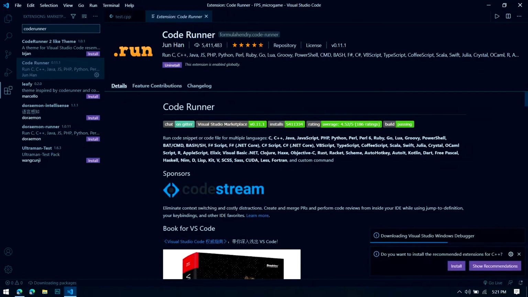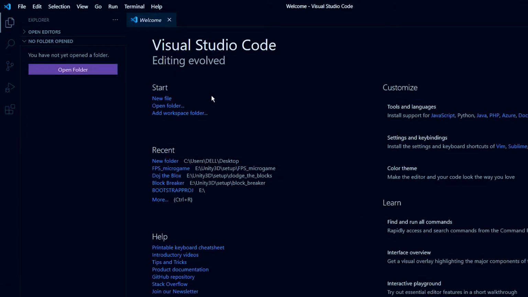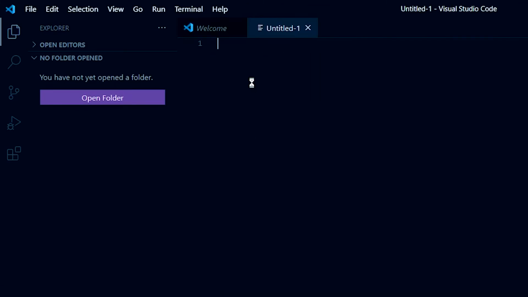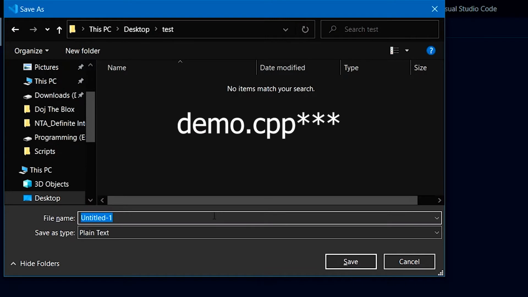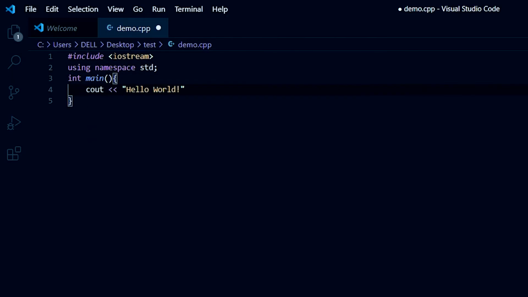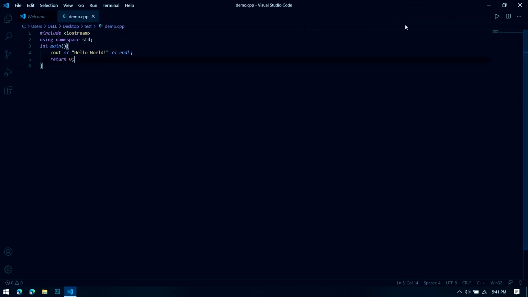Finally, let's do a test run to see if it actually works or not. I'll create a new file and then save it on my desktop in a new folder named test.cpp. Remember to put .cpp behind any code intended to run for C++. This extension tells the system to read the script as a C++ script file. After writing a couple of lines of code, let's run it to see if it actually works or not.